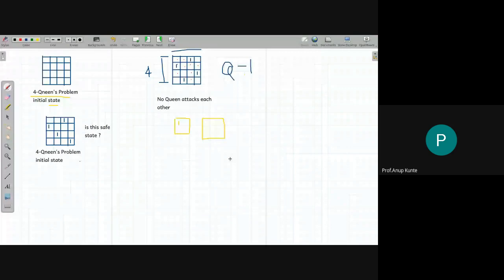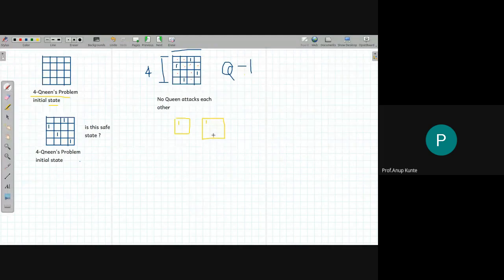I can start by placing maybe a queen here. Then in the second column, can I place a queen here? No. Can I place a queen here? No. Can I place a queen here? Yeah, I can. What about this? Can I place? No, no, no. So there is no placement like this. So probably this placement is wrong. Just go 2 steps back. I can place a queen here, a second queen here, and still there is no place for the third queen. So there is again no solution to a 3 cross 3 chessboard.